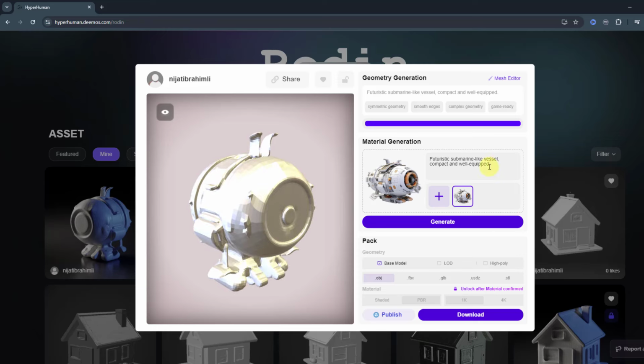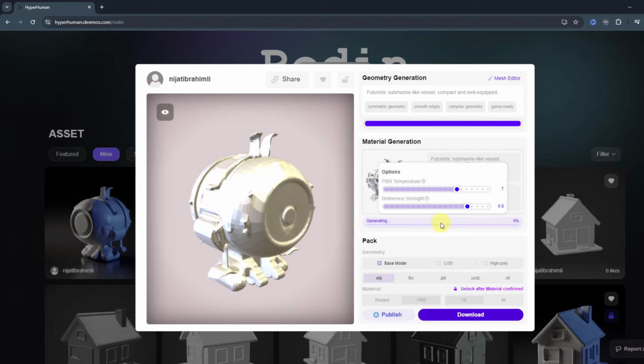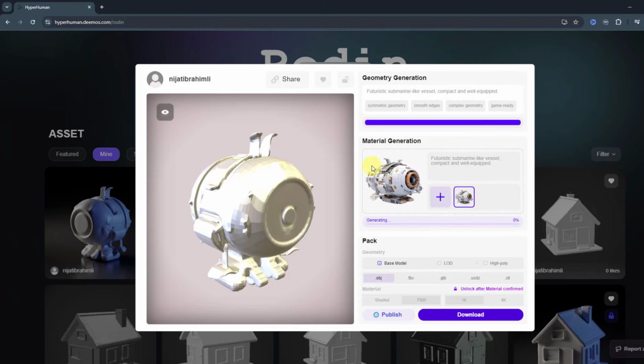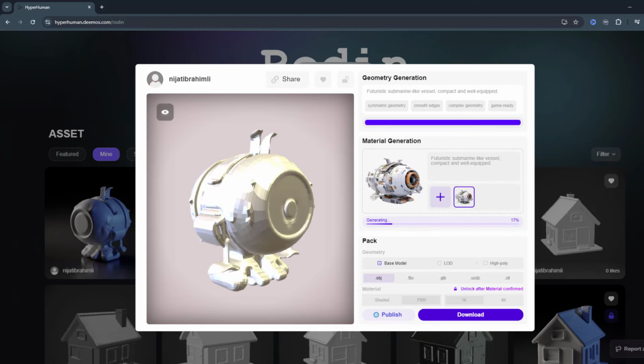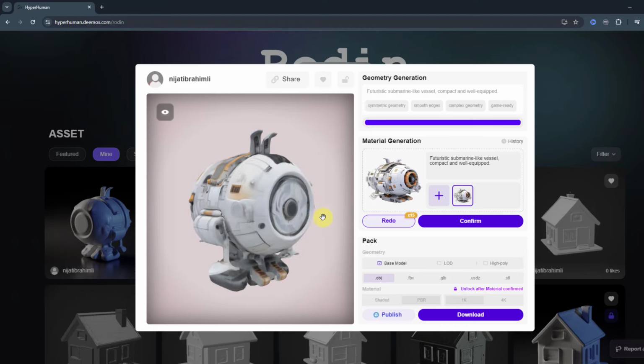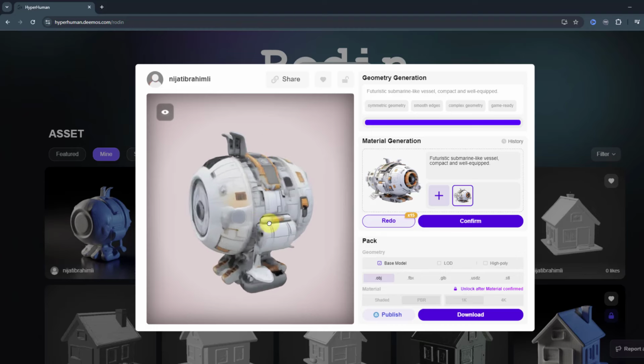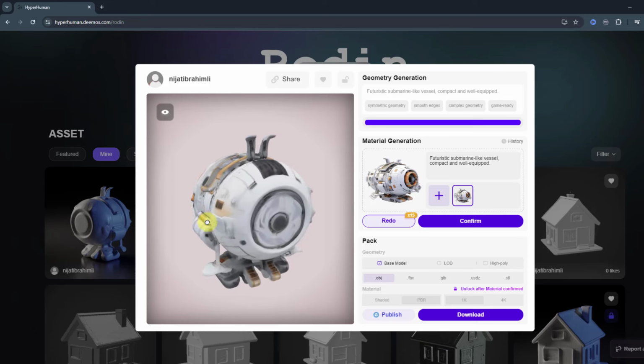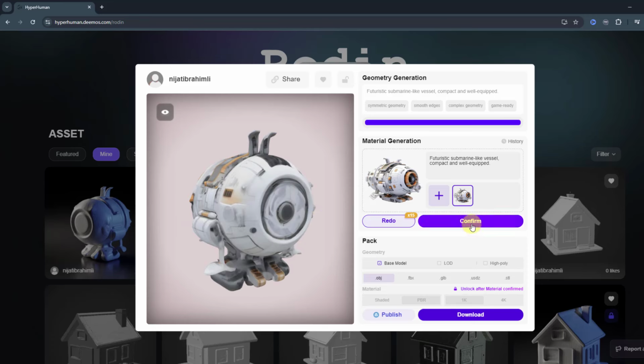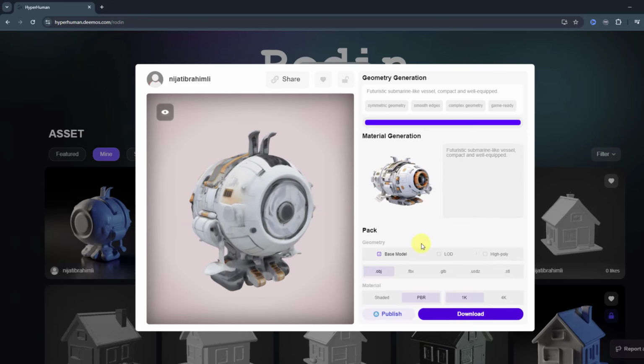And also we have material prompts here. We can change the material text here, or we can use this. And let's click generate, waiting for material generation. Nice, very good, very clean and professional texture. And let's click confirm. So right now we can export this 3D model for use inside Blender or Cinema 4D,